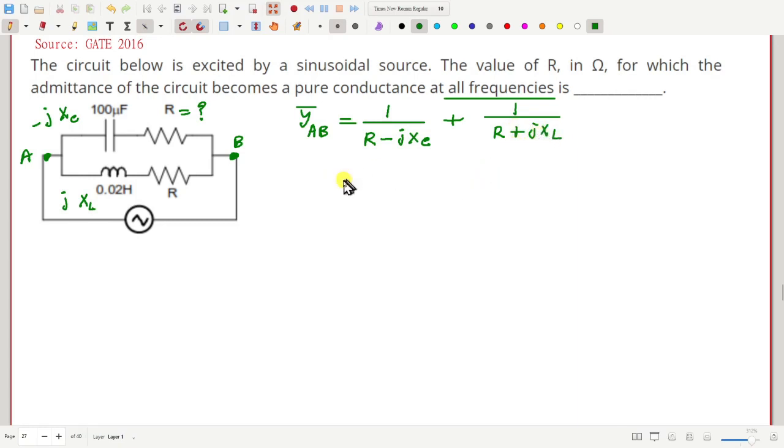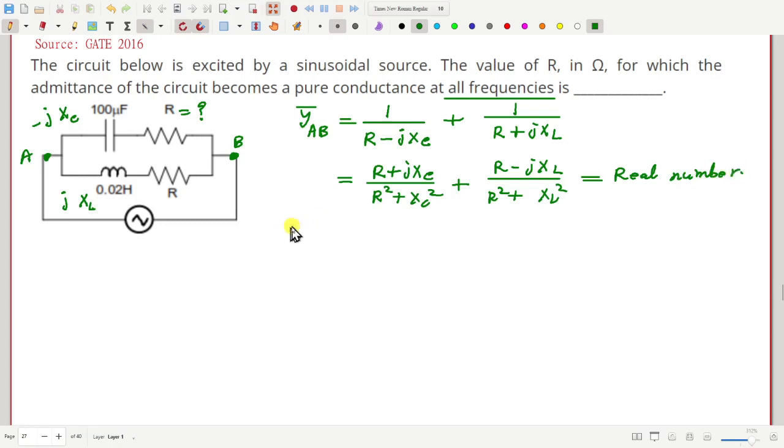Now we can simplify this a bit, so it becomes R plus jXC by R square plus XC square, plus R minus jXL by R square plus XL square, and this should be a real number,